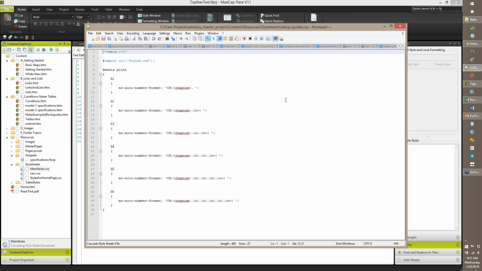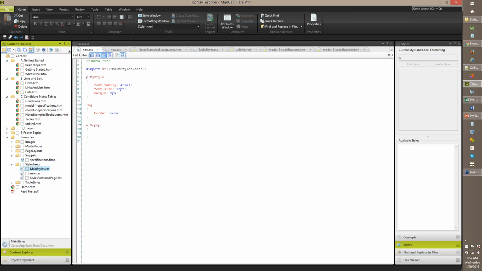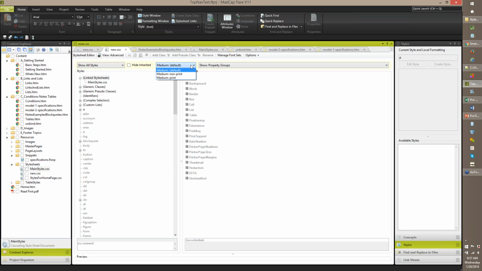Now when she builds those PDF targets, the headings get numbered. We didn't have to make any changes to the topics. We didn't have to make any changes to her existing style sheet. So using this style sheet linking and style sheet importing can be vastly, vastly powerful and can save you a ton of time. One caveat I want to mention is that if you do this and you have a medium